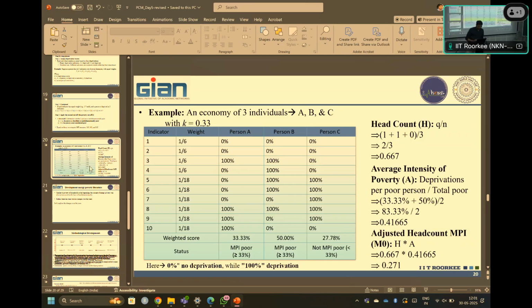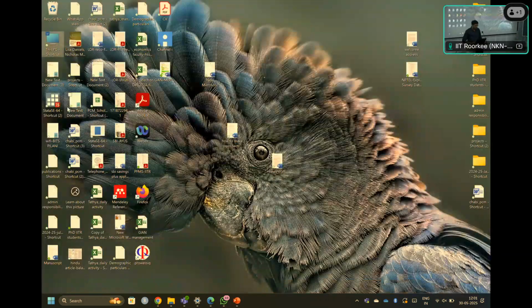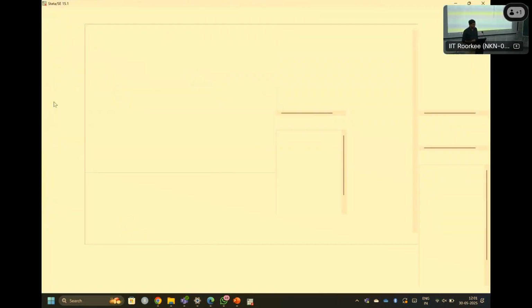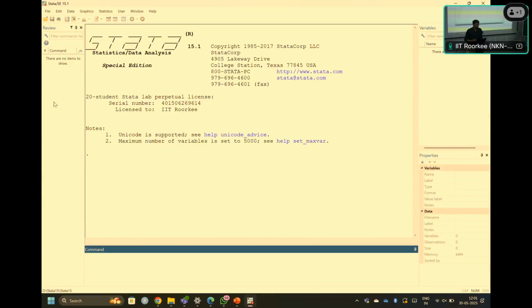Okay, so I'll start. I have not specifically designed the PPT for this. It is completely extempore, but I'll be directly using the STATA window. So here it goes. I'm just going to open the STATA window, and I'm going to load the data. And what is this data? This is taken from the National Family Health Survey file. And since we are largely interested in understanding poverty, energy poverty, we have to take the file that is at household level, and then I'm just going to load it.